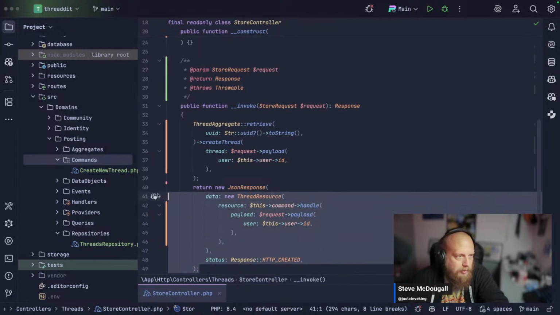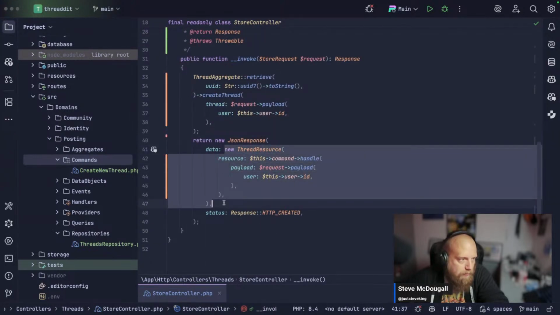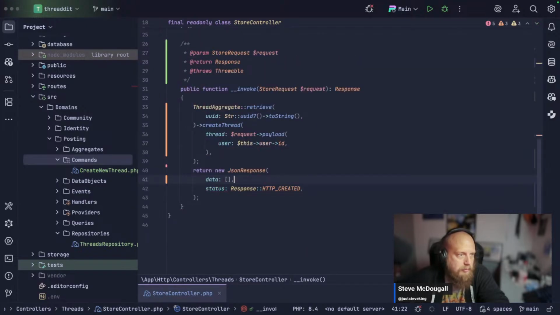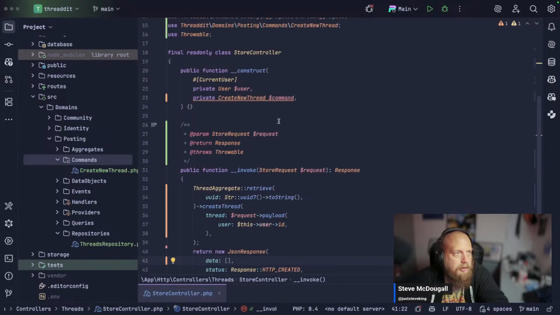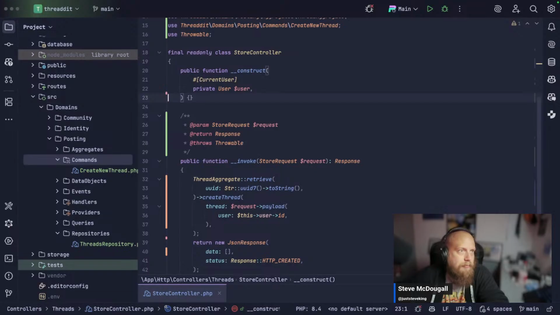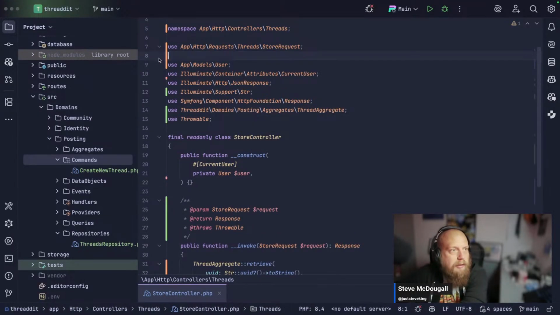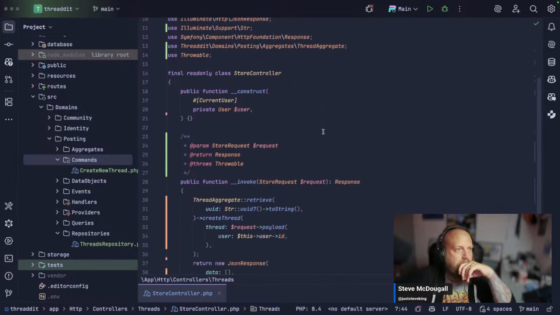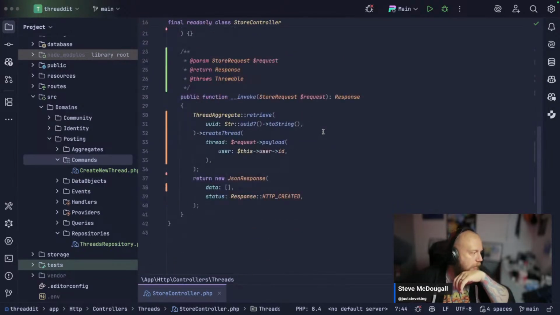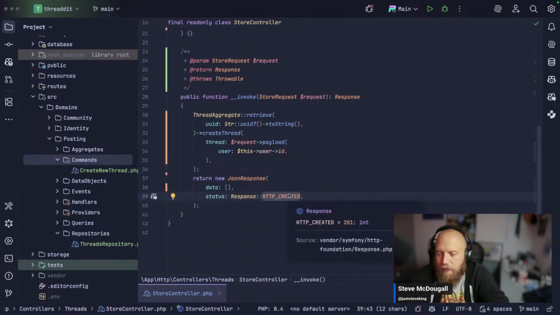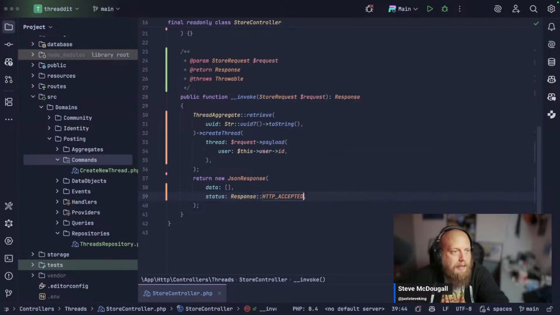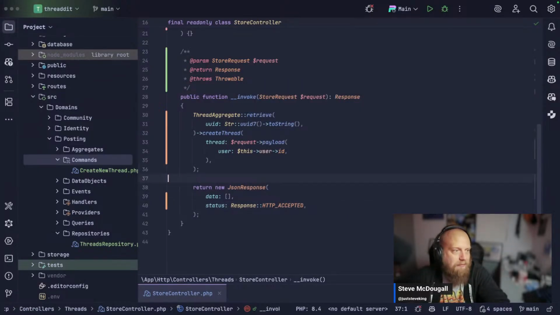So what we're going to do is remove that for now. Remove that. That can go. That can go. So what we actually want this to be is HTTP accepted. So this is how you kind of do it synchronously, right? Thread aggregate, create thread,